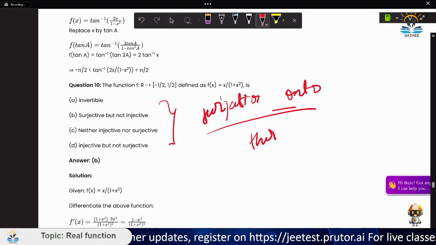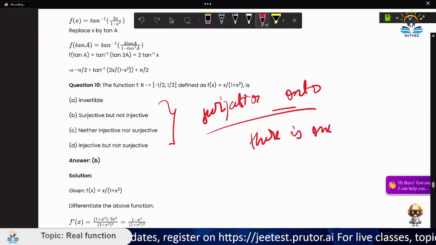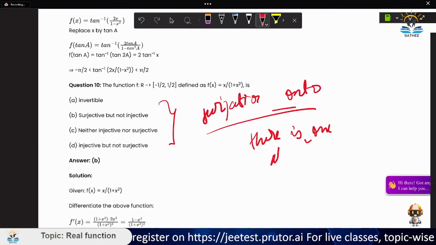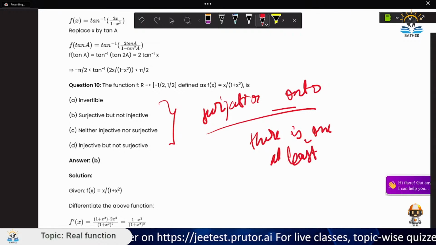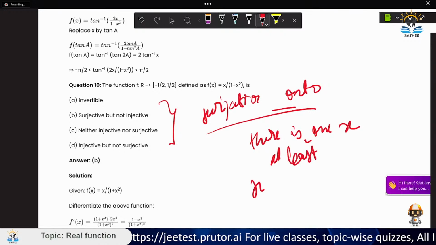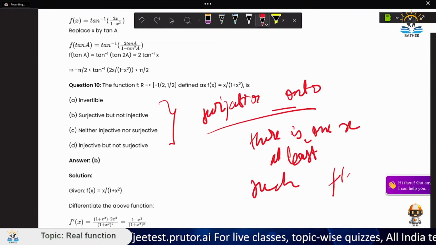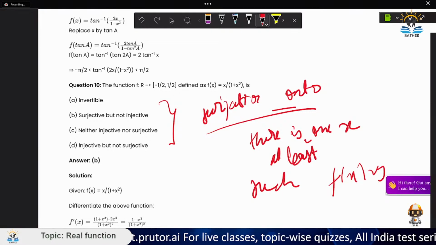There is at least one x such that f of x is equal to y. And similarly, the vice versa is for injective. Injective means that there is at least a y in the range such that